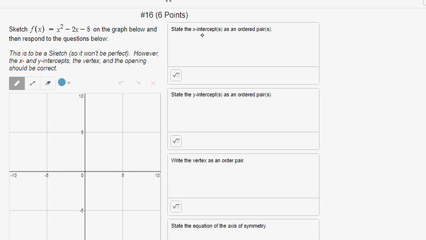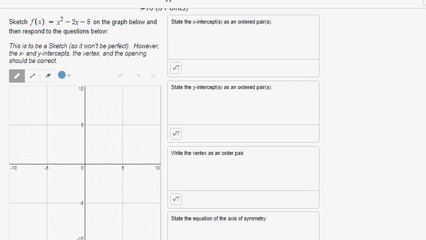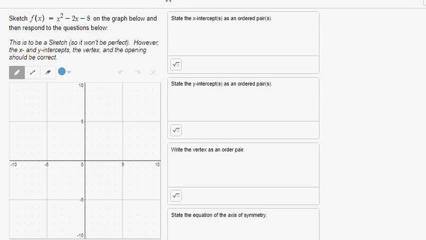All right, this one here. Okay, so we want to sketch, a lot going on in this one. So let's go ahead and get to everything here. State the x-intercepts. Well, we have to solve in order to get the x-intercepts. We have -8 and -2, so that means we're looking at -4 and 2. So our factors, x minus 4 and x plus 2, which means our x-intercepts,